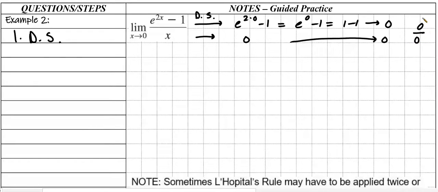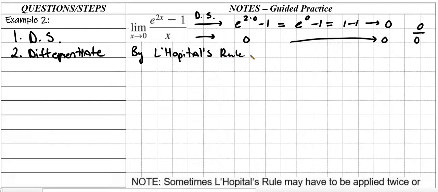So because I got 0 over 0, now I need to use L'Hopital's rule. And the second step to L'Hopital's rule is differentiate the numerator and the denominator. And make sure you let the reader know that you're going to use L'Hopital's rule. So by L'Hopital's rule, we have